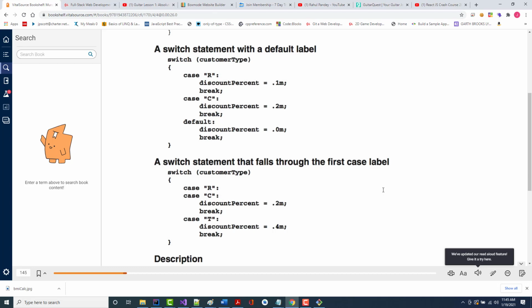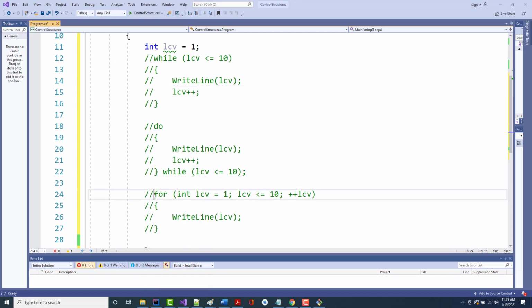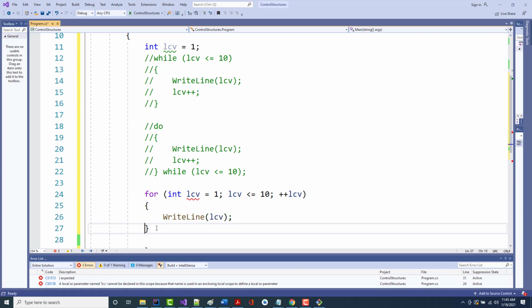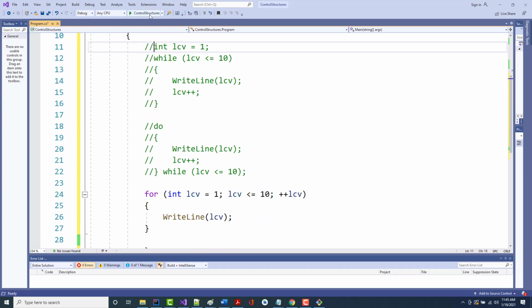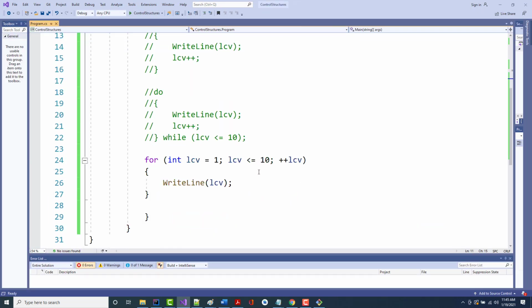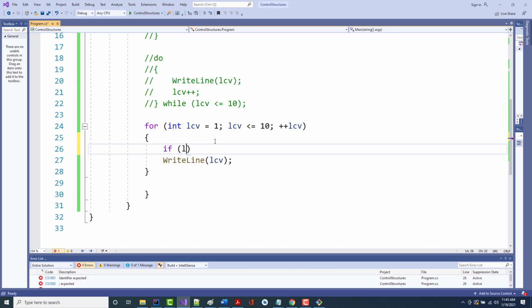All right. Now, show you this real quick too, just so you see it. Again, I'm just trying to be complete here. In that little bogus program that I created there, I'm going to take this for loop and uncomment everything that's in there. Okay, so you saw this. And I'm going to run it again. It's going to give me the numbers 1 to 10. Fine. Now, if I come through here and I do this, if I say if LCV equal 7,